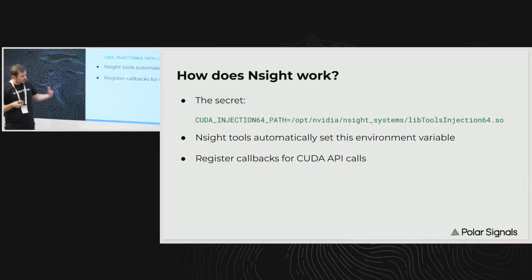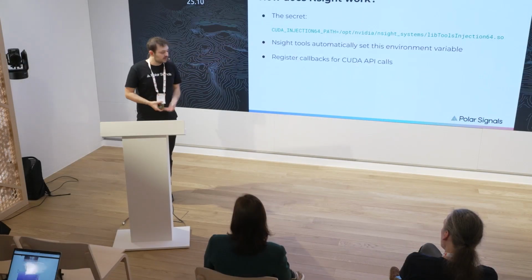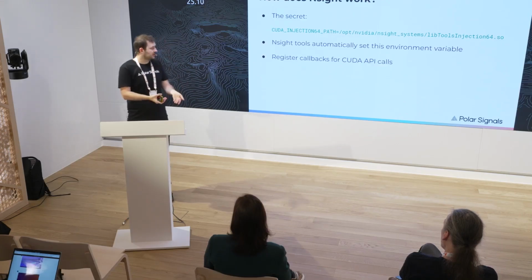So after a lot of digging, and there's not a lot of documentation around this, effectively what NSight does is, when you launch your CUDA application, it automatically injects this environment variable called CUDA_INJECTION64_PATH. And whatever this path is set to, you essentially tell the CUDA library to dynamically load whatever this library is once CUDA is being initialized, and then